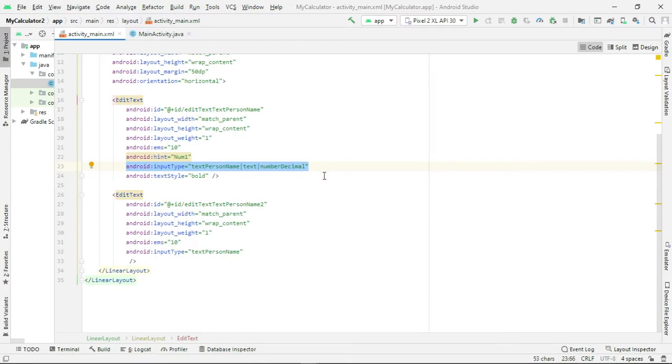Input type is number, and let me set the text style, bold. Okay. So now I have to add the buttons. Four buttons I want to add, and let me add a hint also.